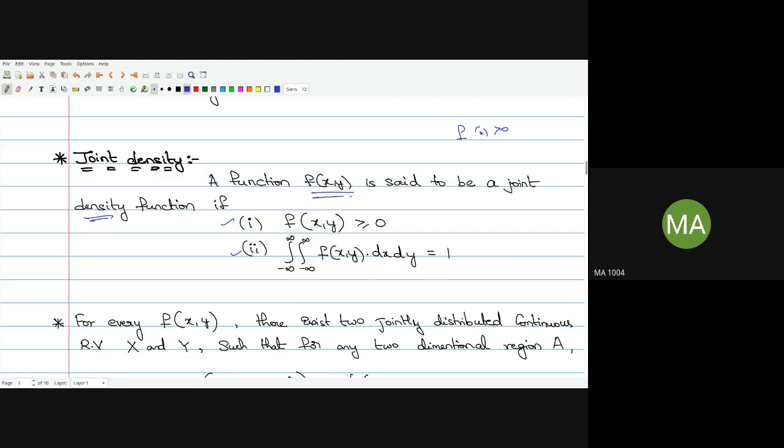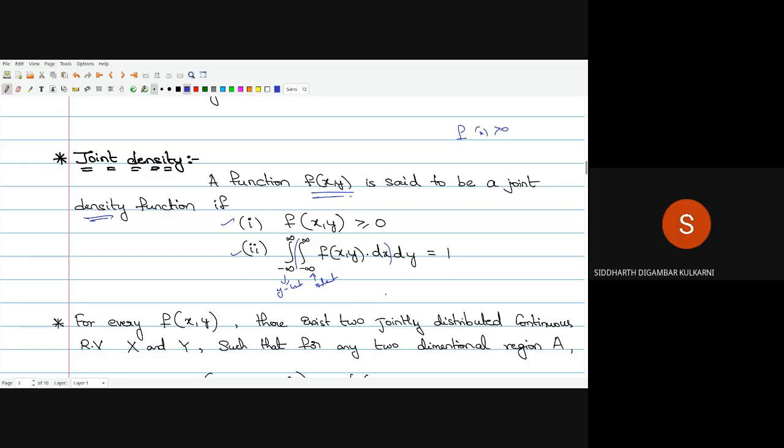And if I integrate throughout the supports of x and y, from minus infinity to infinity and minus infinity to infinity, this is the y limits, so the y integral, and this is the x limits, so the x integral. So you have to integrate x first, treating y as a constant, within this, and then you have to integrate the outer part, treating y as variable, after putting the limits, right?